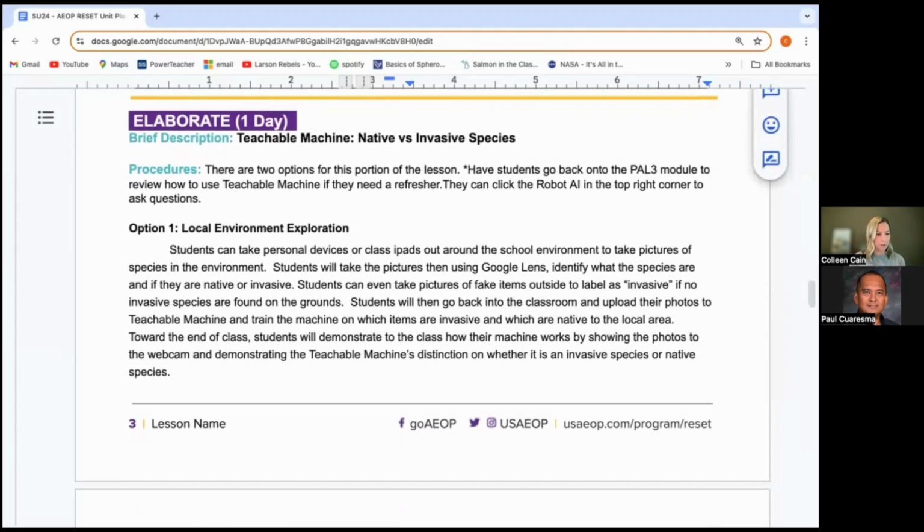For the elaborate part of the lesson, this component actually has students using Google's Teachable Machine website, and there's actually 2 options for this part of the lesson. The first part of the lesson is for students that have access to an outside learning space at their school or home. And the second option provides images for students that don't have access to an outdoor learning space at their school. And the goal of this activity is for students to train Google's Teachable Machine to identify native and